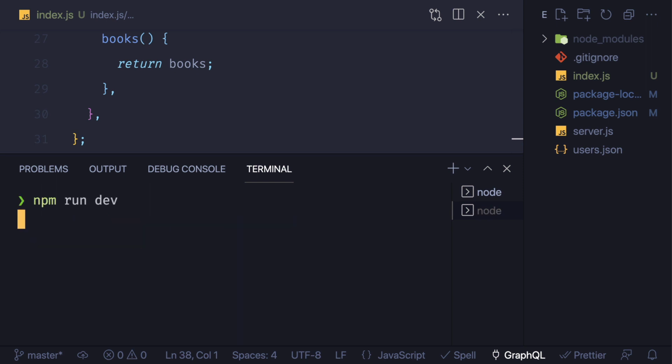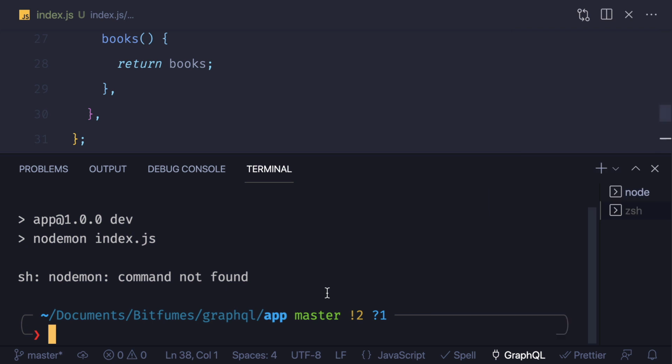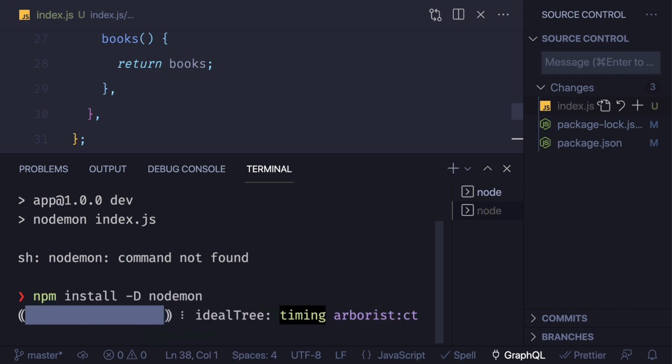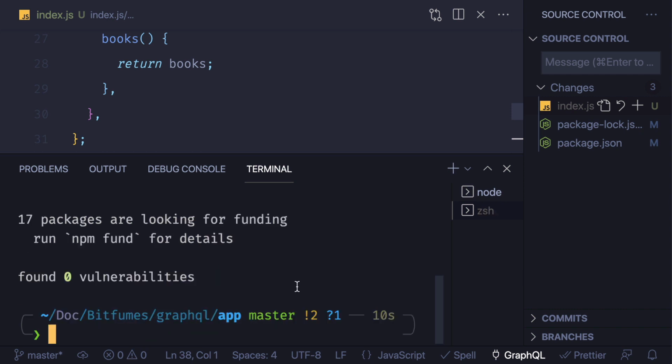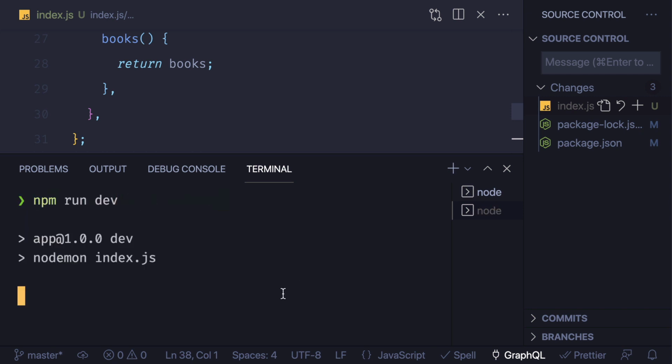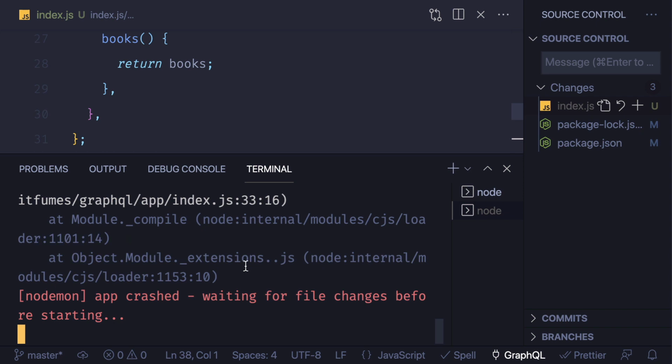So npm run dev, and it says nodemon not found. What happened? This is weird. Sometimes I don't know what happened, but it says nodemon not found. I have already installed it. Install nodemon, and it's a dev dependency. Okay, cool. Nodemon is done, and now if I run npm run dev with nodemon, yes, now it says,